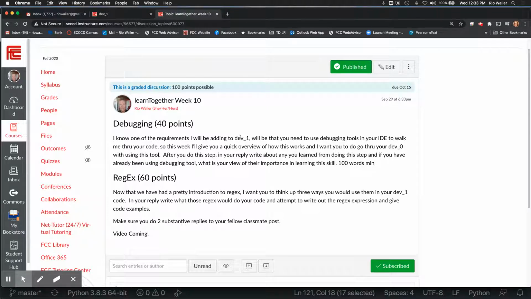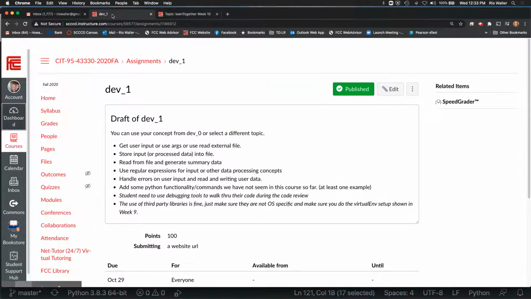Okay, so that's why I find it really important, and I recommend from here on out, if you're not already doing it, which some of you may be based on your experience. You already have experience with this, but I'm guessing many of you have not. So just know that that is going to be one of the requirements. So having said that, let me just say I have, as of today,